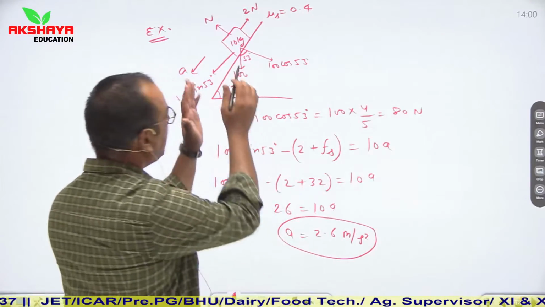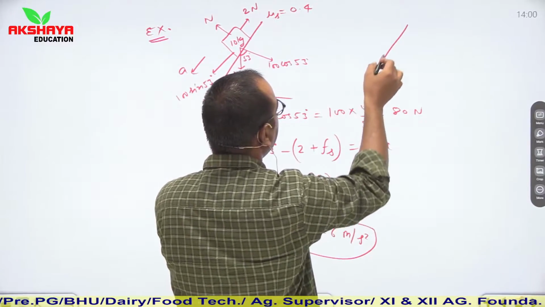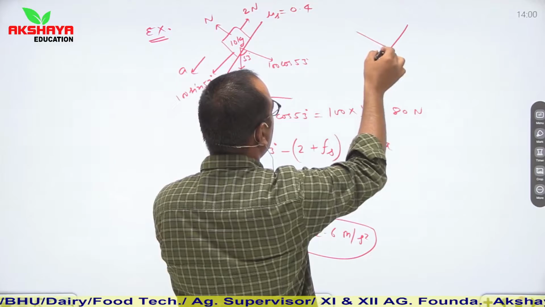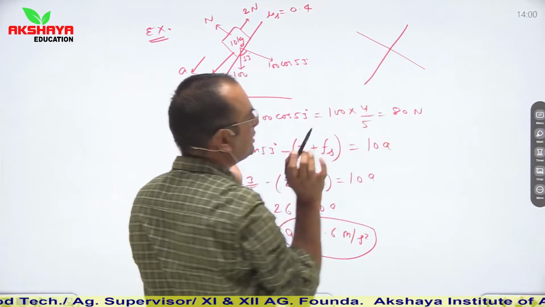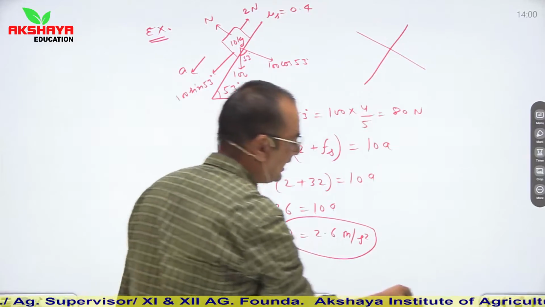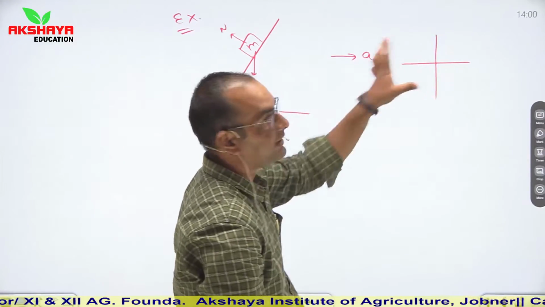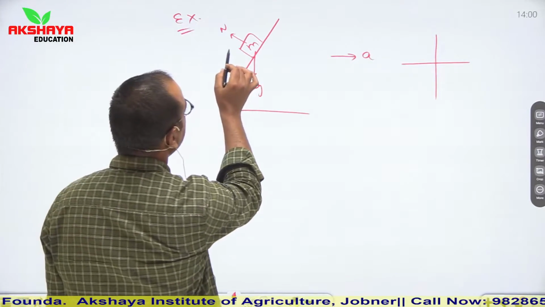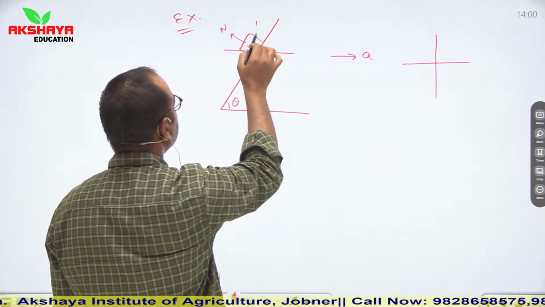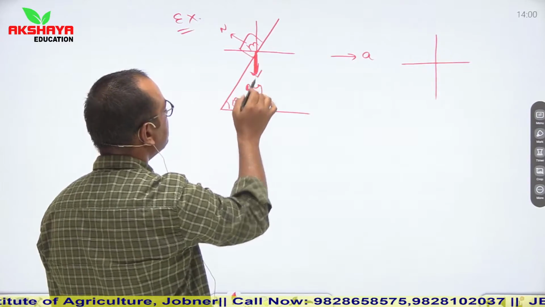Previously, in all these patterns we were using the concept this way. This was the inclined plane, so this is its normal component and this was its horizontal component. So we were considering like this, and now we are considering this way, x-axis and y-axis. In this condition, if we make its components, then this is x direction and this is y direction. So here also we consider the same concept.